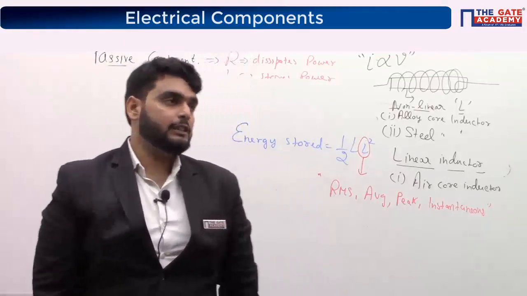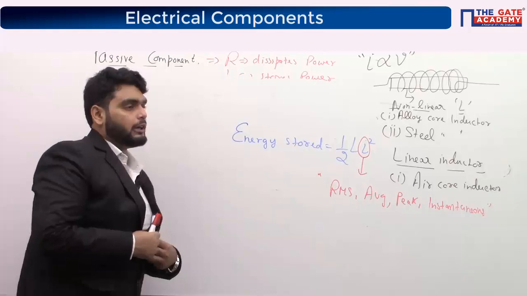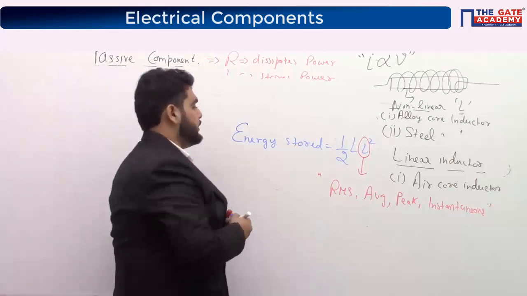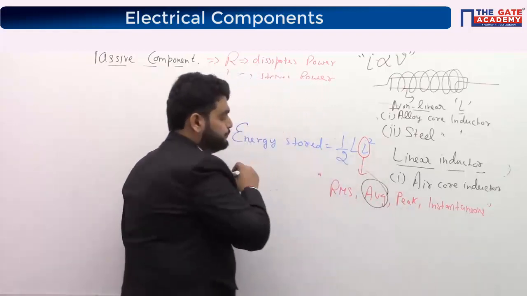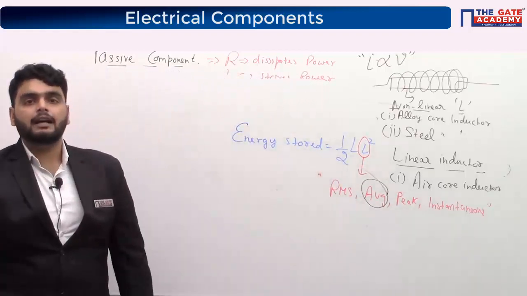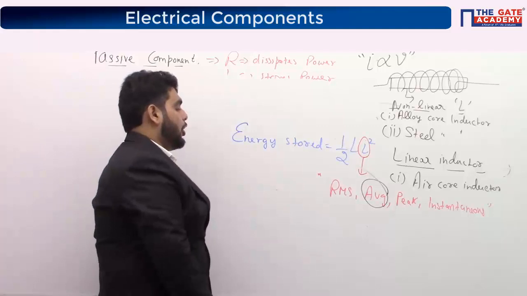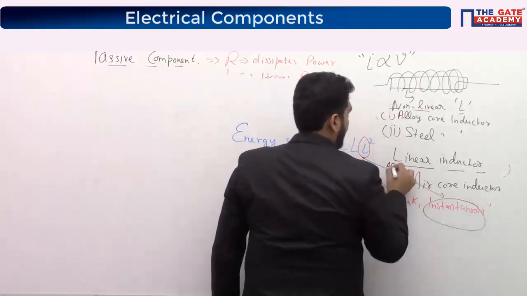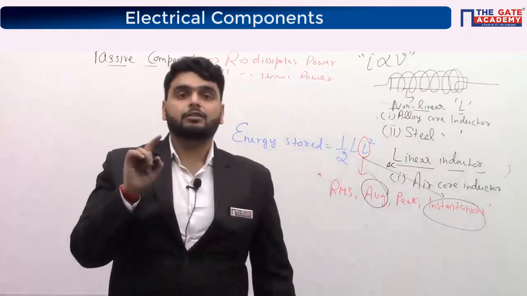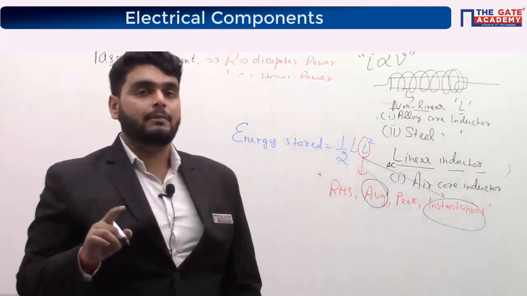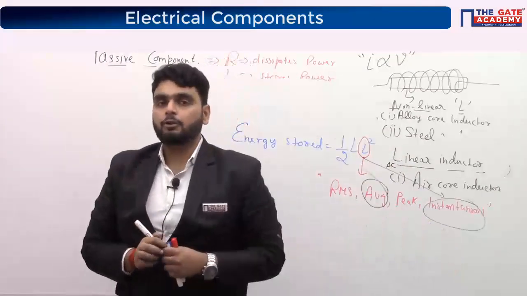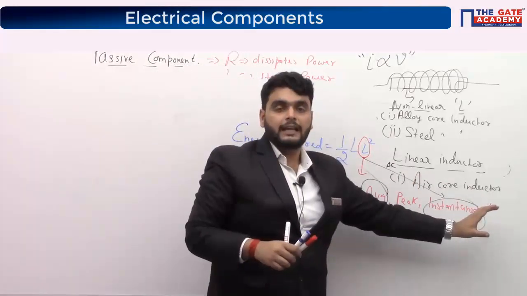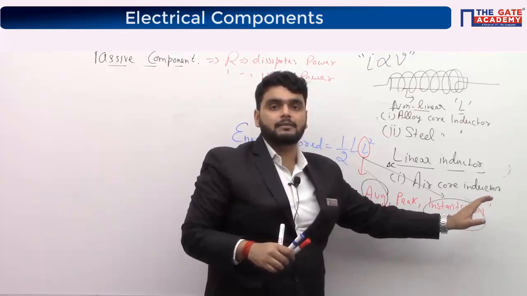Instantaneous. Correct. See, if I am talking about DC, in case of DC, it is an average value. But if I talk about the AC, in case of AC, it is an instantaneous value. Always remember that. It is not a peak value or an RMS value. Right now we are talking about DC. So in DC, all these values are equal. In DC, we don't read about RMS, peak or instantaneous.